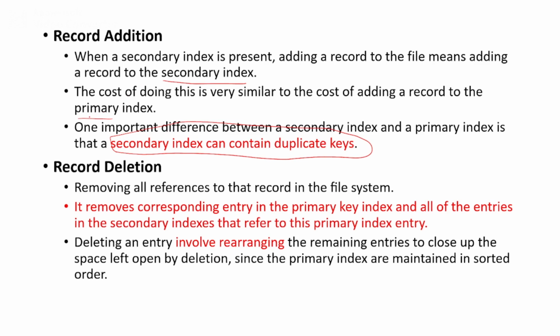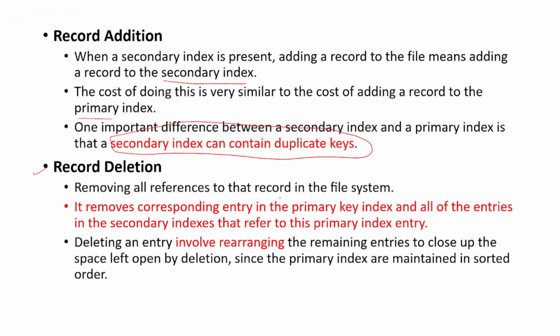But what about the primary index? Different persons will not have the same USN. So there will not be any duplicate keys in the primary index. So the cost of adding the record is the same as how you have done it for the primary index. The next operation we have is record deletion,